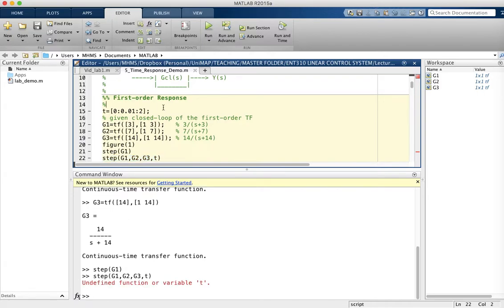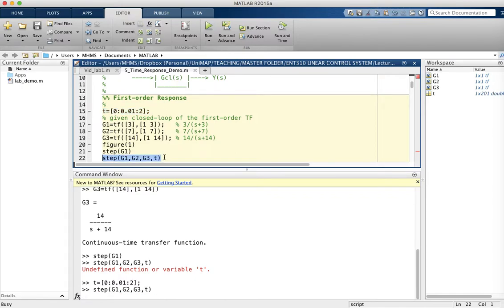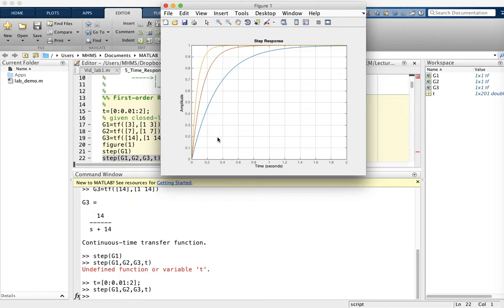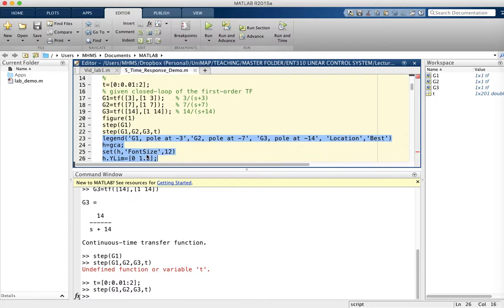Oh, sorry. Okay, you have to specify the t, and you run the function. Yep, and you have all 3 functions here, and you can label or put the legend and set